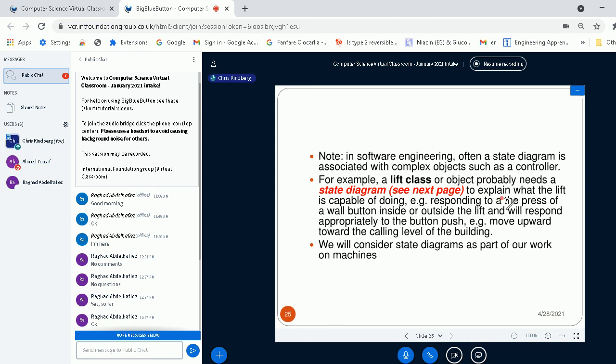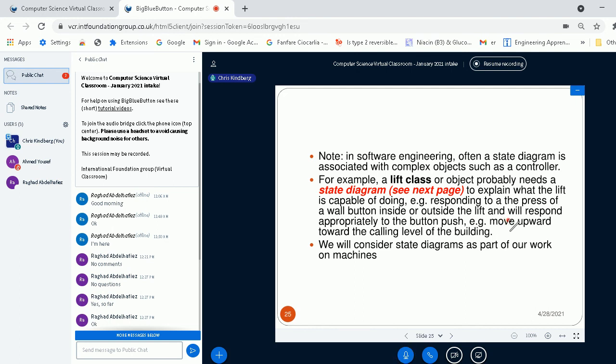For example, responding to the press of a wall button inside or outside the lift will trigger the potential of the lift moving in a particular direction, or maybe after the lift has stopped at a particular floor, in response to that floor's button being pressed to access the lift, it will respond appropriately to the button pushed.